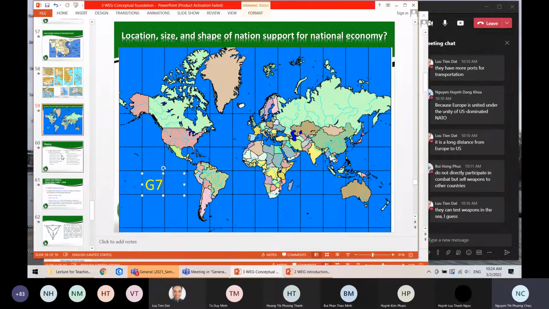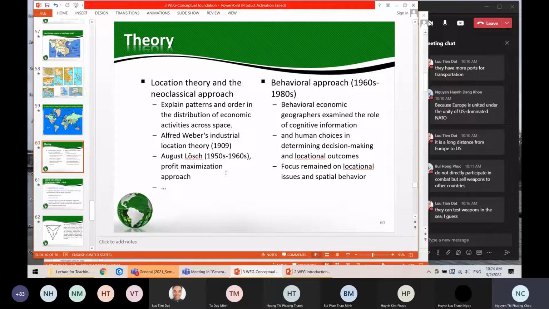Okay. We still have the last part because we do not have enough time. So I will just say a little bit about this section. We will discuss more next time. Next time we will focus on theory. The last part of this chapter, we will discuss the basic theories of economic geography, based on the geographical characteristics that a company will use to create its business and produce products.